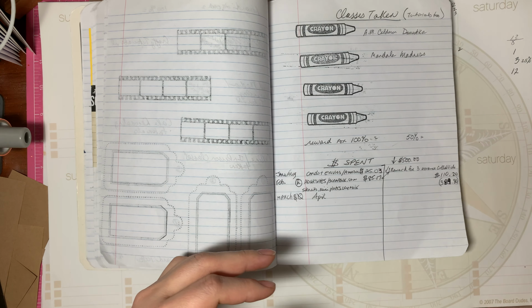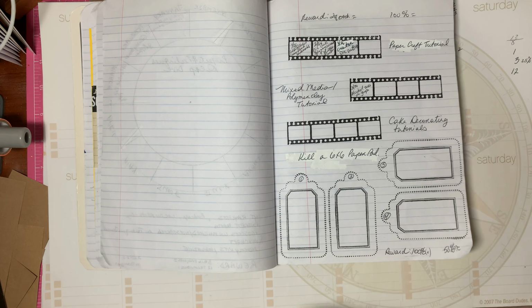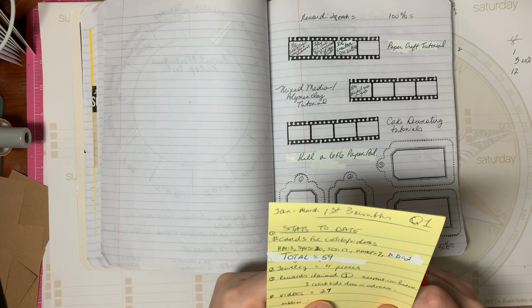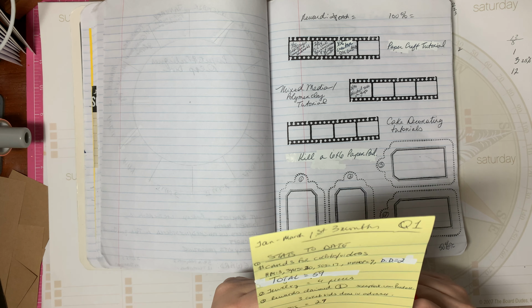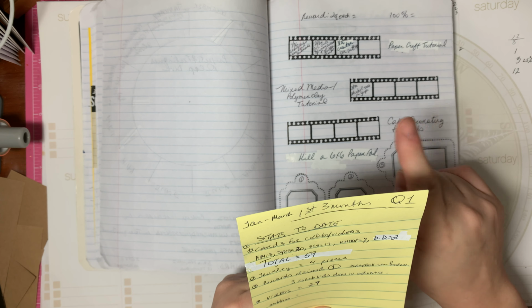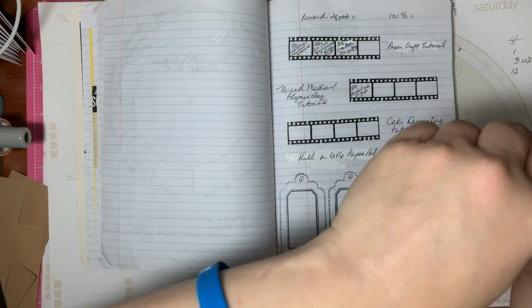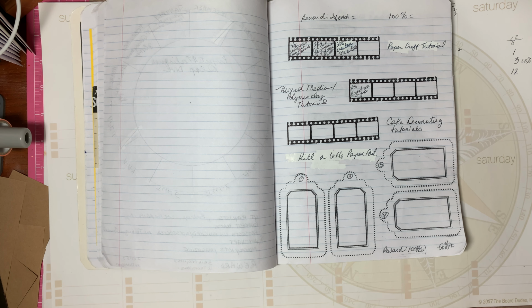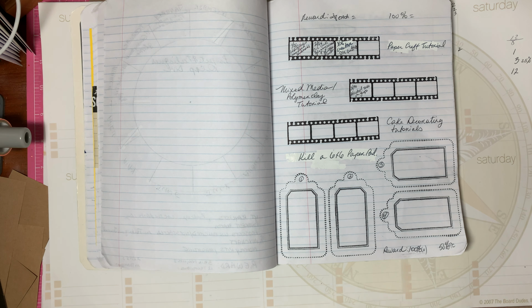And some of my stats. Let's see what some of my stats are. So for the first quarter, including all the collabs and videos and other things, I've made a total of 59 cards, 4 jewelry pieces. I claimed 1 reward for making 3 videos in advance, and I've done a total of 27 videos. Something funny I noticed is that I had a certain number of subbies at the end of February, and then the number went down by a significant amount. I didn't investigate into that any further,